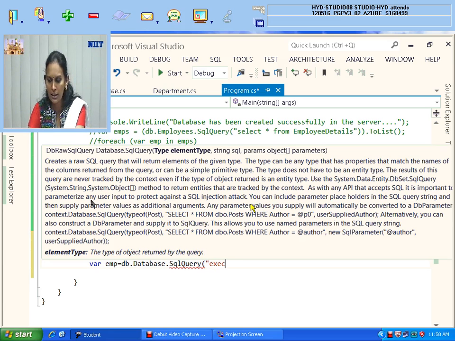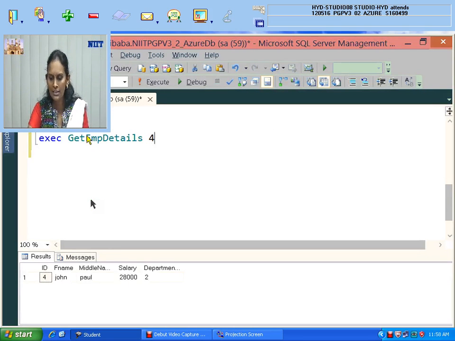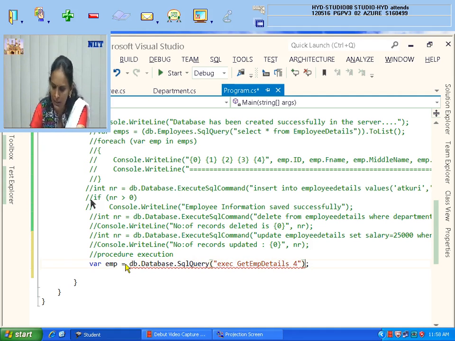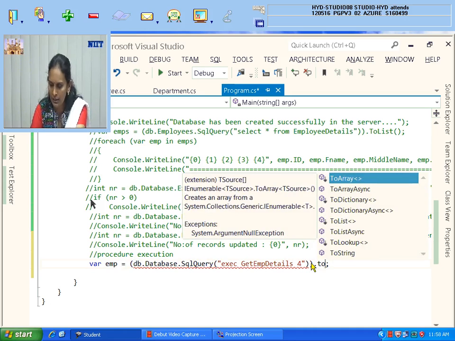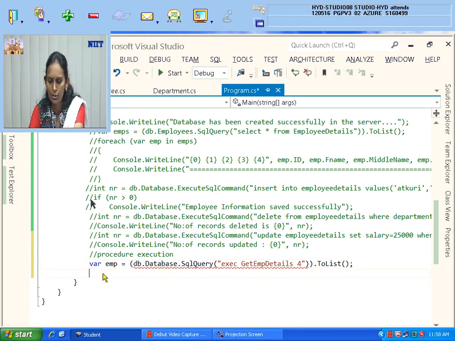Recall the procedure name which we created: GetEmpDetails. Let me copy this one. 4 is what? John Paul's record. So we need to get John Paul's record as per our query. This needs to be executed with a dot ToList and put the result in the emp variable. Okay.